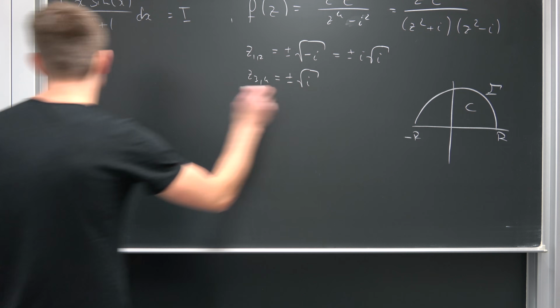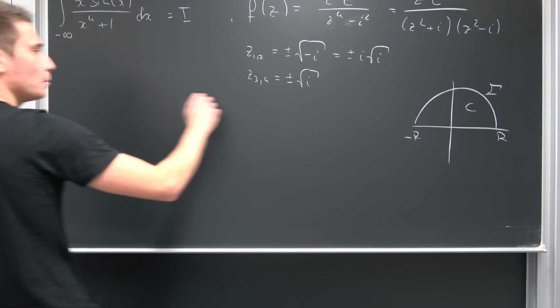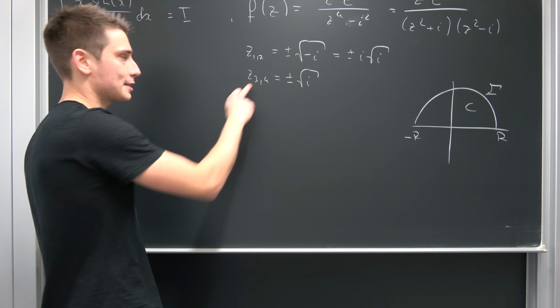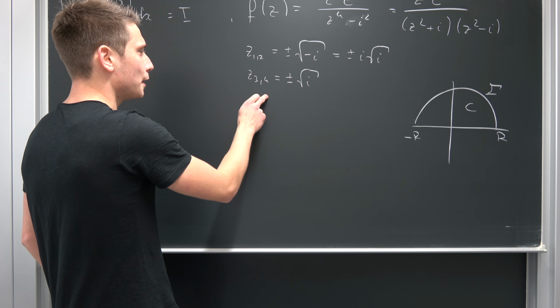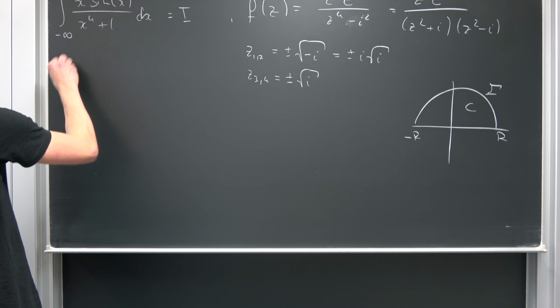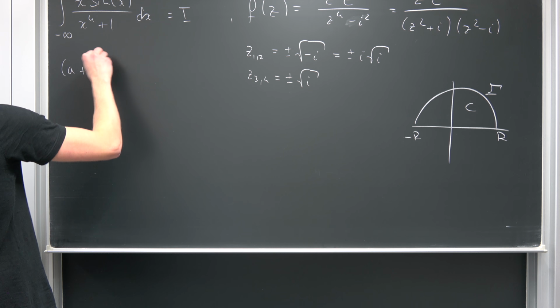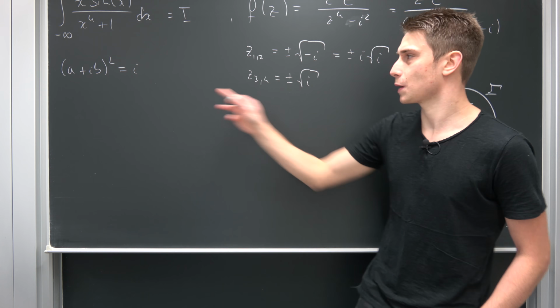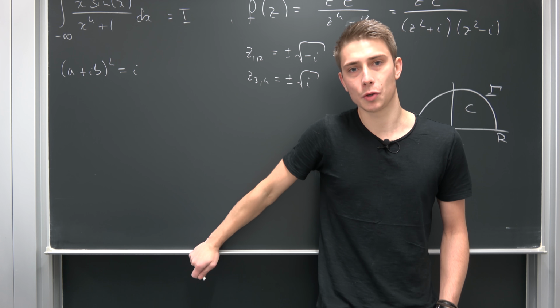That's a bit easier. Let's say we have some complex number z being equal to square root of i, meaning z squared is equal to i. In the end, this just means we are going to find some a plus i times b squared being equal to i. Okay, you can also use polar coordinates, but I'm going to use this because I want to annoy